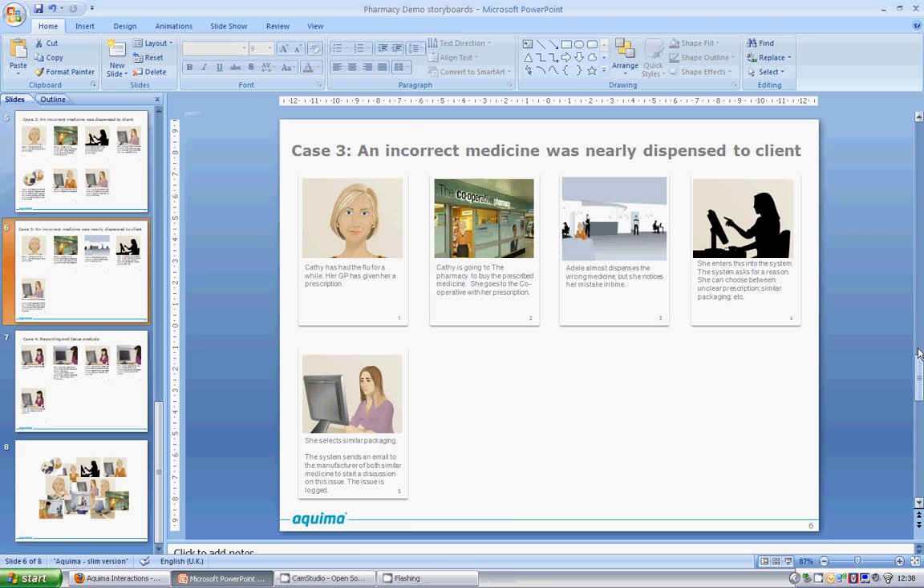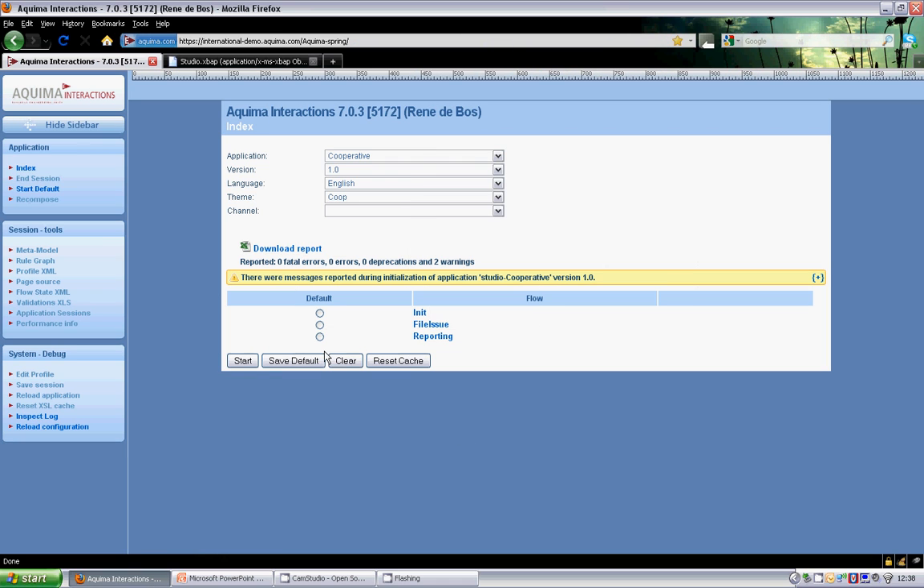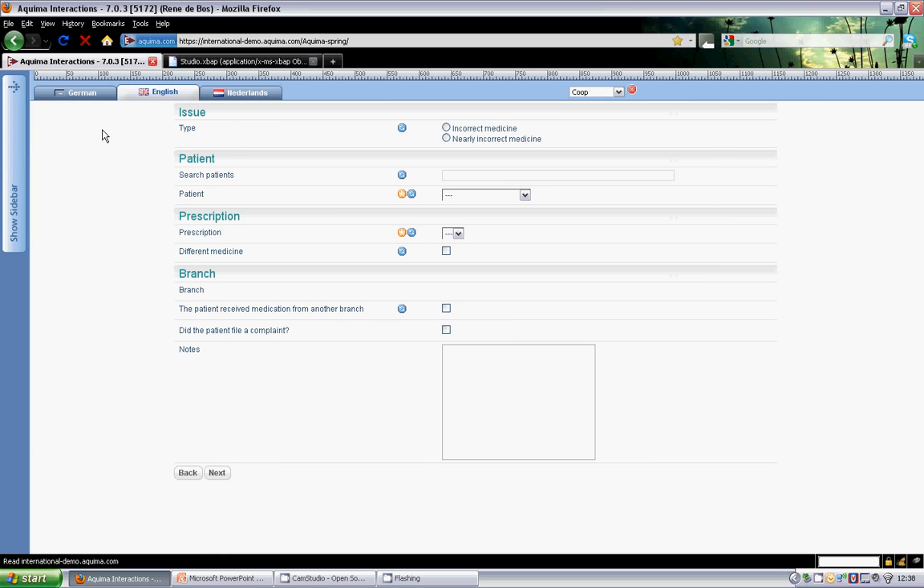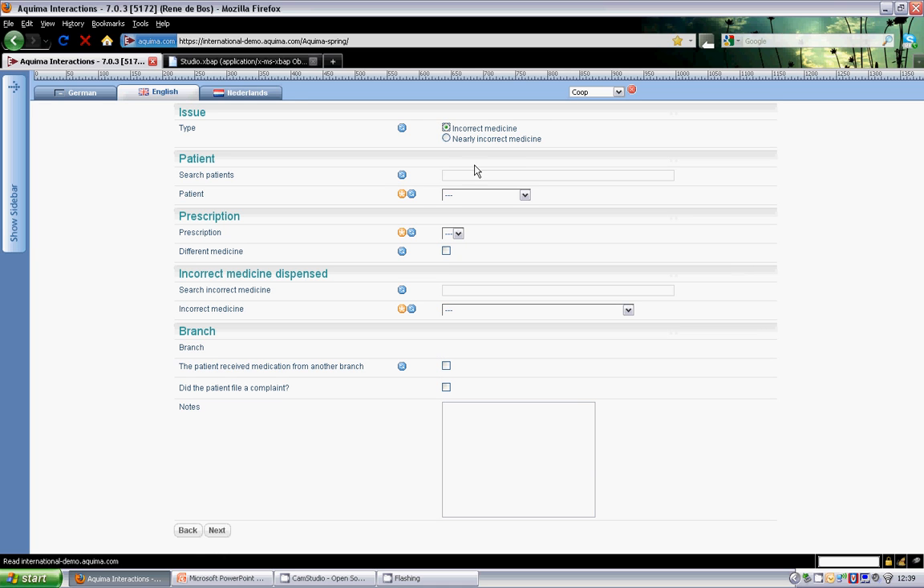So we go into interactions, and we can actually see how Joe, who's the junior pharmacist, can actually report a certain medicine as incorrect. So first off, I'll show you an example when an incorrect medicine is dispensed. So you can just select incorrect medicine. Then you can actually search for patient. So if we look for Kathy,